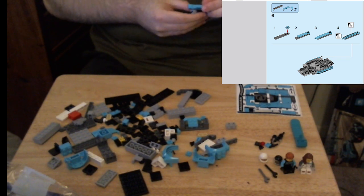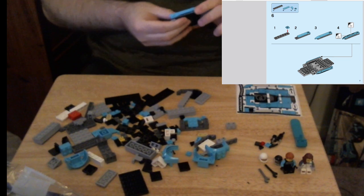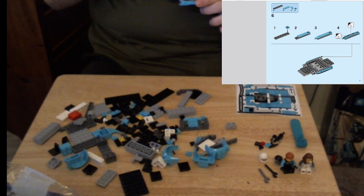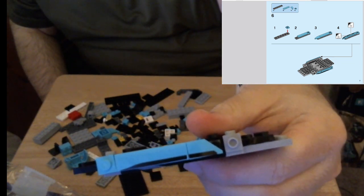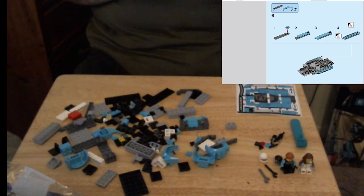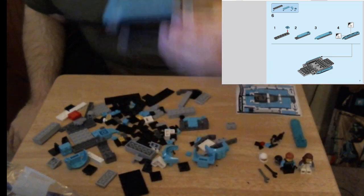Oh wow, that was a disaster. Did I lose my instruction book with that? Because while getting up to, but there you can see there's a gap in the stripe on that side. It's not that huge a deal though. Can I make it a little better? I don't think that gap's big enough to make it worth the effort of going back and trying to